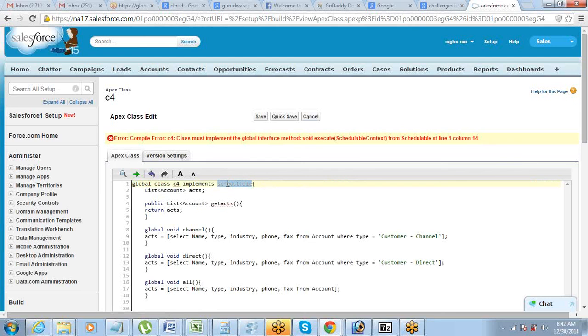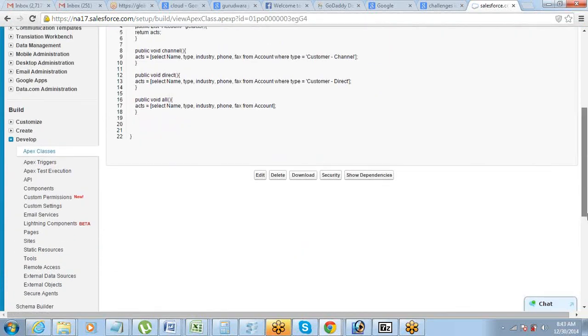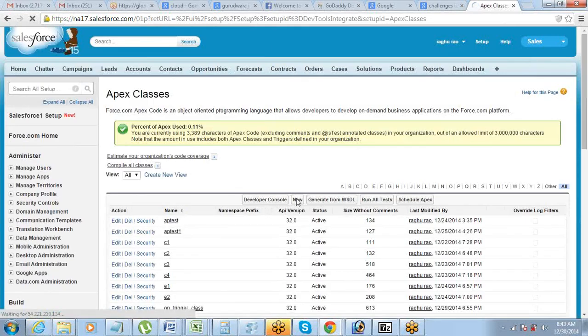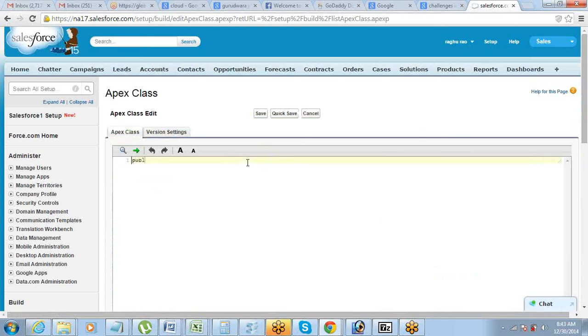The moment you define this implements Schedulable on the class, then what happens? Let me write a new class here. Public class P1 implements Schedulable.